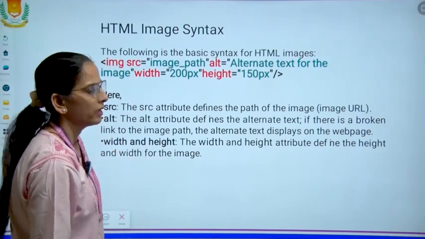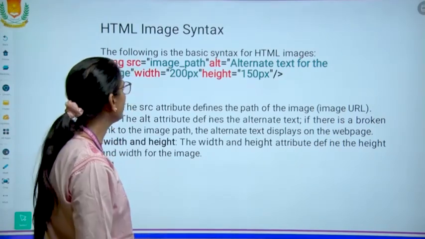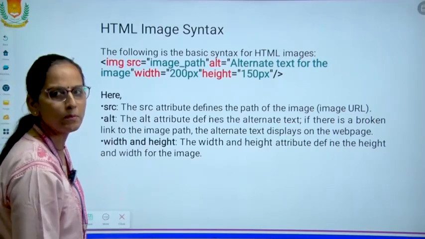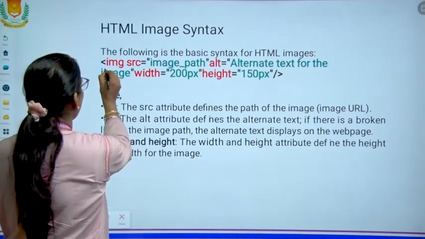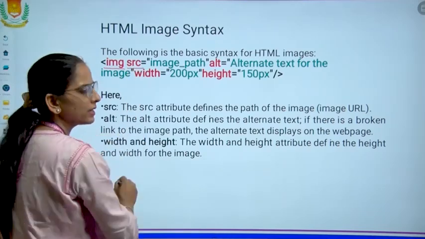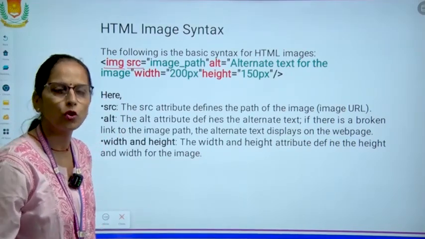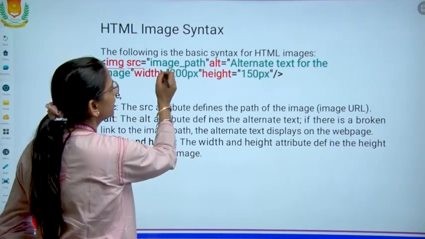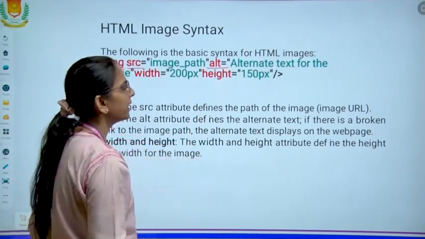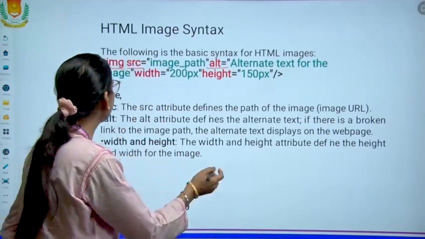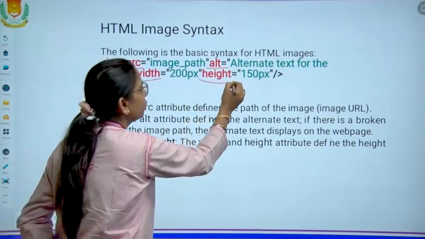Now, we have given the example there. One more example is given there with some other attributes. Again image, SRC. SRC is the image source, location, path of the image. Then we have alternate text. With the alternate text, we can specify the height and width.